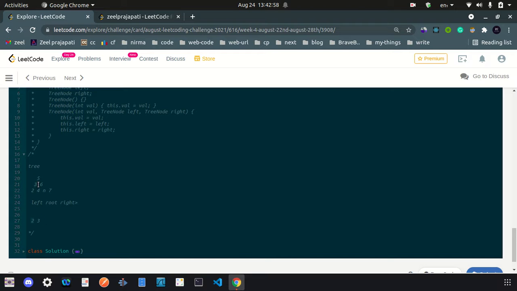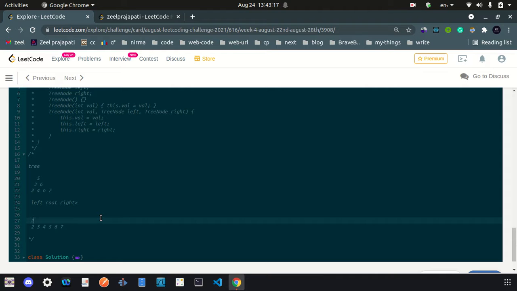Then we go back up, then we print 3, and then we go right, and likewise for all, like 4, then we have 5, then 6, and then 7. So see, this is our in order traversal, and you can see it is in sorted order.